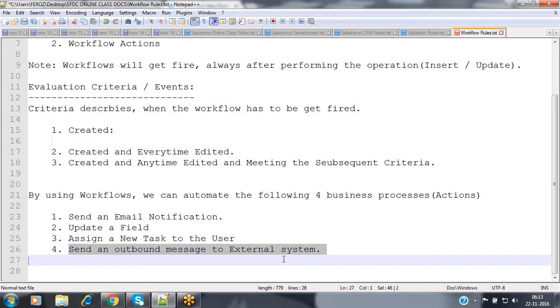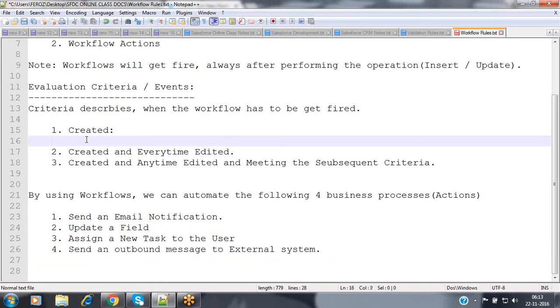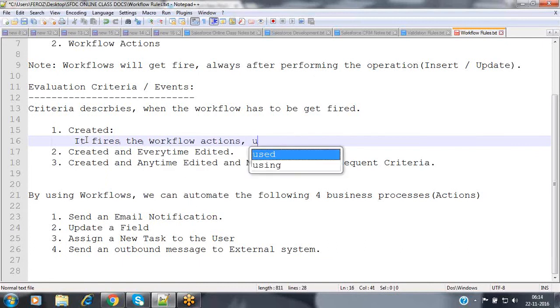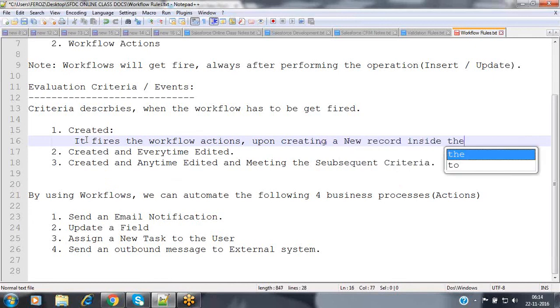When can we perform this operation? These are the criteria, the created one. It fires the workflow actions upon creating a new record inside the specified object.